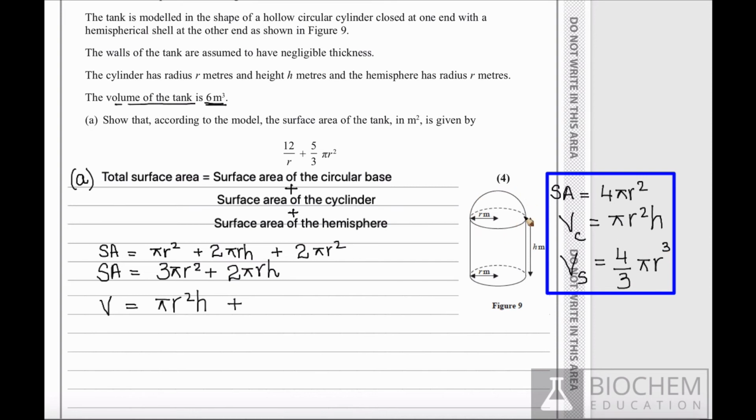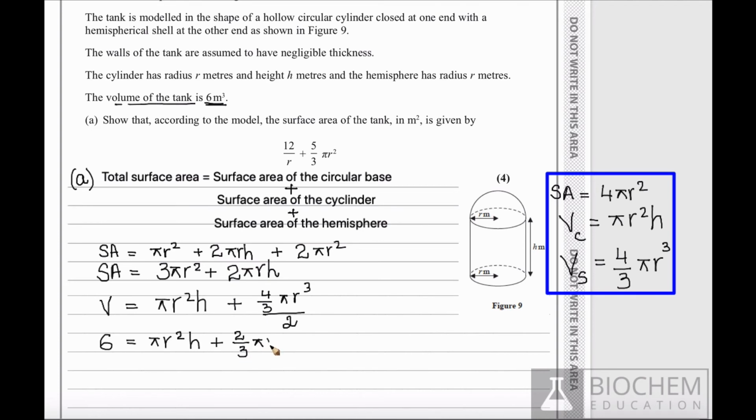But as this is a hemisphere, we will divide 4 over 3 pi r cube by 2 to get the volume of the hemisphere. We can simplify this further. The volume we have is 6, equals pi r square h plus, using your calculator, we can find the value of 4 over 3 divided by 2. This will give you 2 over 3